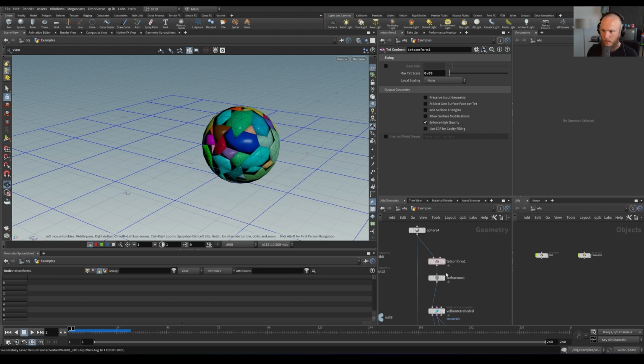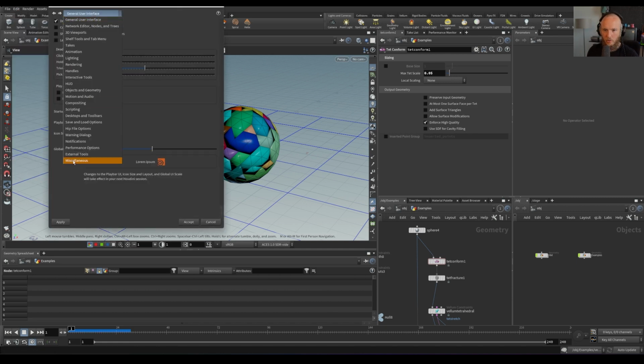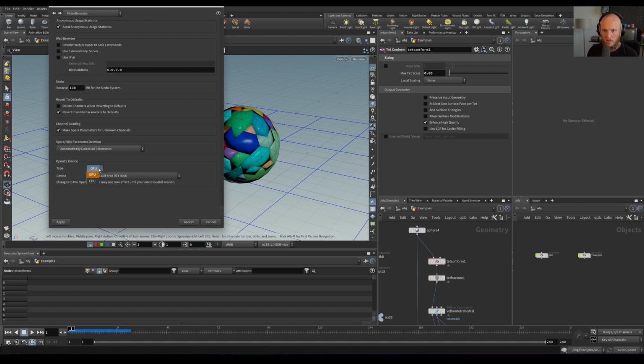Oh, by the way, one thing, if you didn't know, depending on the graphics card, Vellum runs on the graphics card by default. You can check if you go to preferences, go to miscellaneous. You can see, all right, CPU or GPU. So that's the OpenCL device. Vellum runs on OpenCL. If you have multiple graphics cards, you can say which one it should